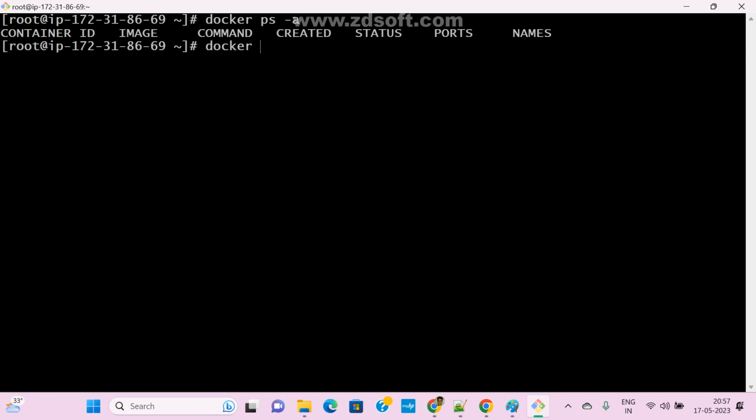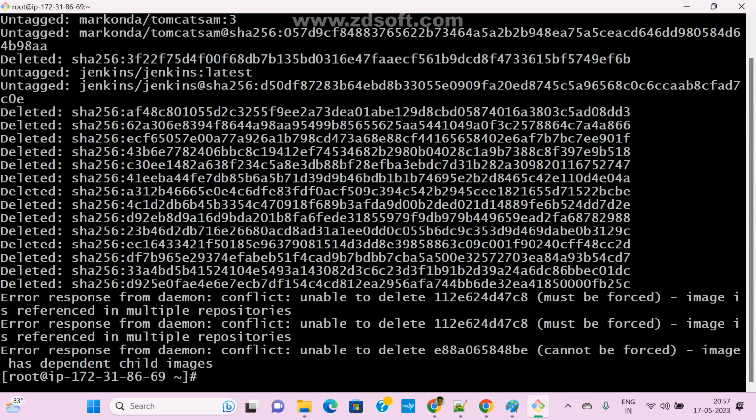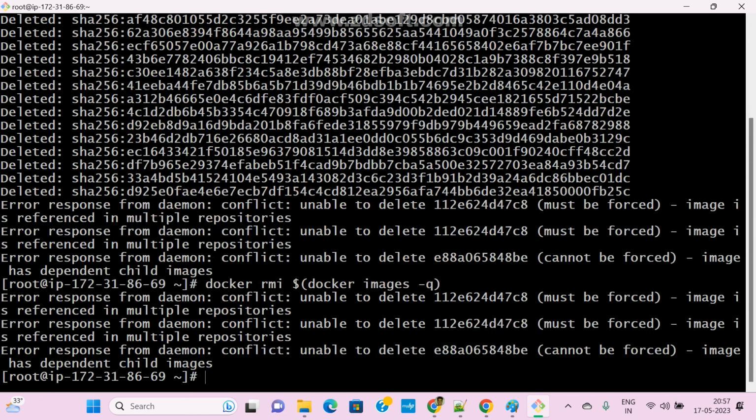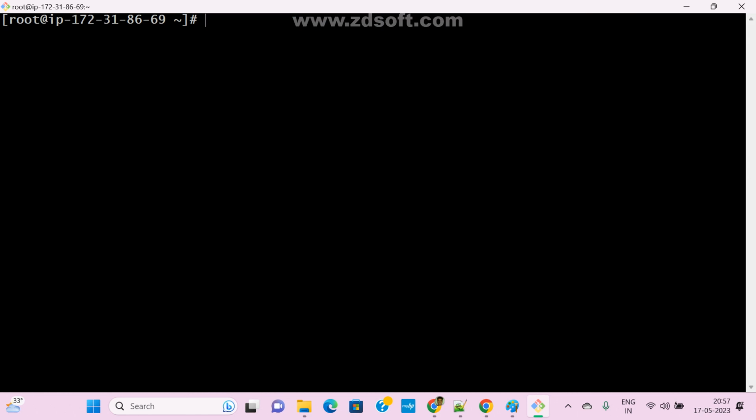Okay, so docker rmi, then docker images. I don't have space, that is the reason I am deleting. The space is already full. Now I'll delete all images. Clear the screen, and we can use docker system